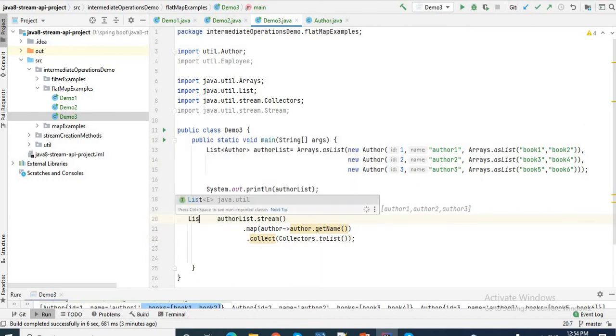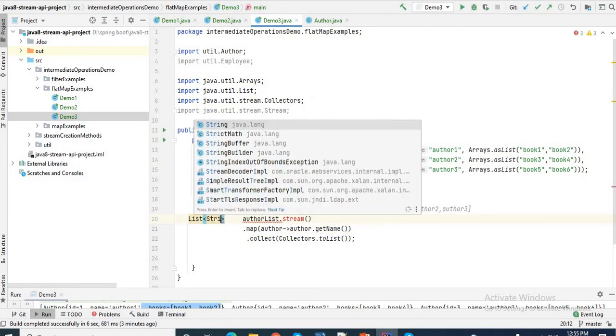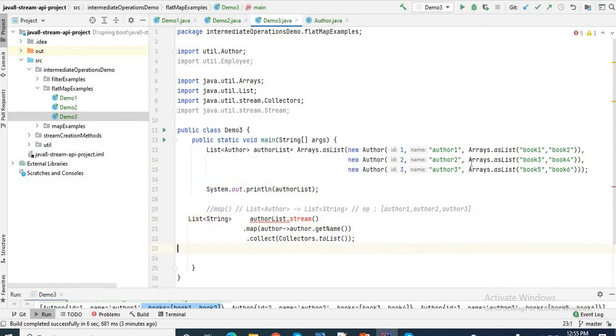Here let me introduce a local variable. My return type is what? List of string, because I need to find all the author names from this list of authors. Okay, list of string. Let me name it name list. Correct. So if I print this name list, then I'll get the output in this fashion.